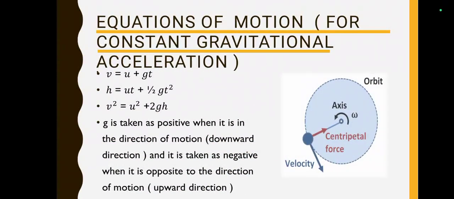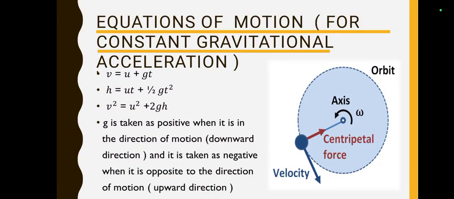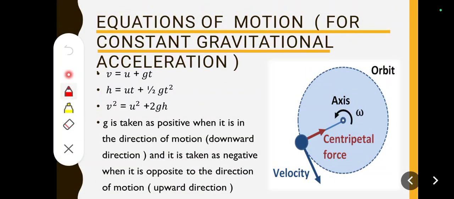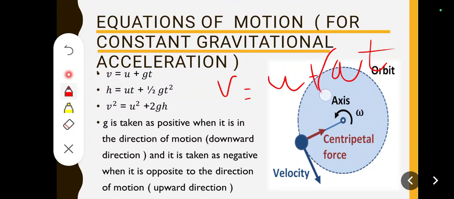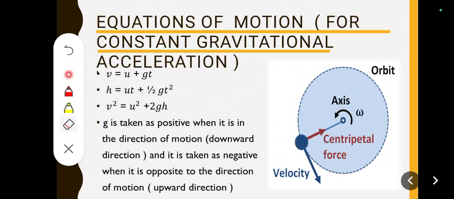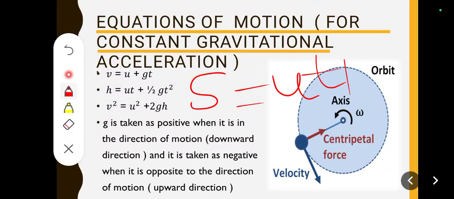Next, equations of motion. In equations of motion we have already studied, like the first equation, v equals u plus at. Here we are using the gravitational acceleration, so a will be converted into small g. In the second equation, we have studied s equals ut plus half